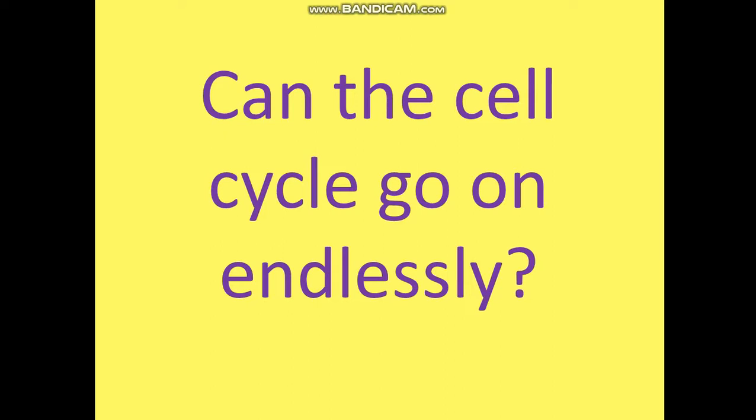So how do we understand why the cells cannot be produced at the same pace as when we were young? When we grow old, the cells divide less, because when we are children and we are growing, new cells are continuously being produced, and at the same time cells are dying, but the pace at which the new cells are being formed is much greater than the rate at which the older cells are dying. So what is the ultimate effect? A rise in the number of cells, so growth takes place.